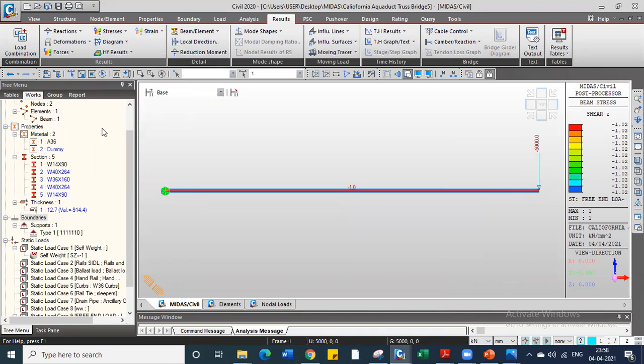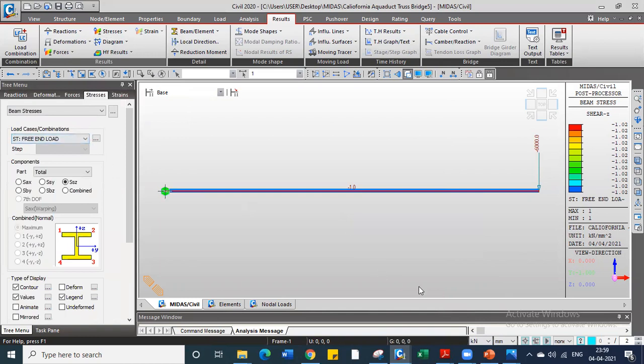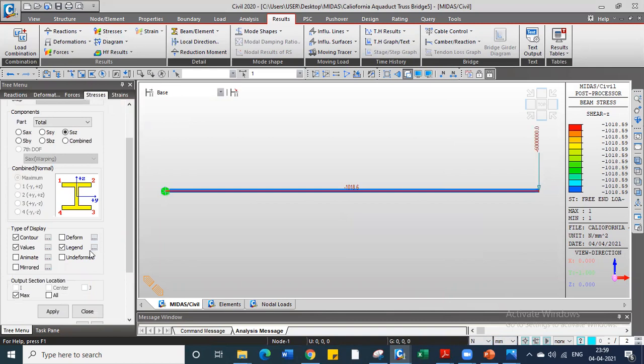So if we check the shear stresses in the beam due to this load, as you can see here, the stress developed in the beam is 1018.59 Newton per mm square or MPa. And the beam has constant shear stress developed because the shear forces are not changing across the length of the beam. So we are getting a shear stress of about 1020 Newton per mm square on account of the force at the free end.